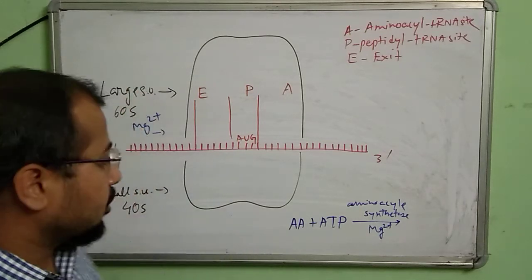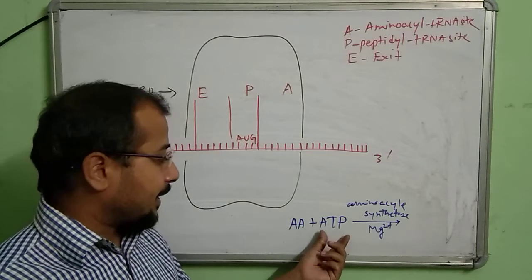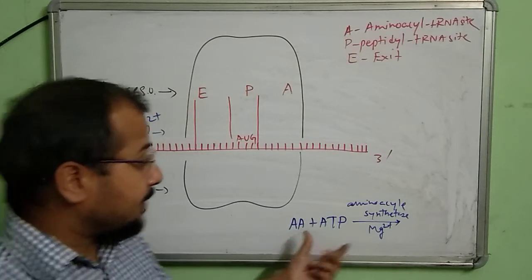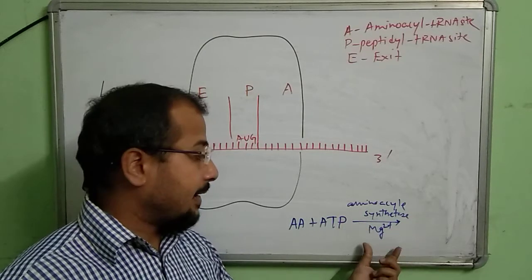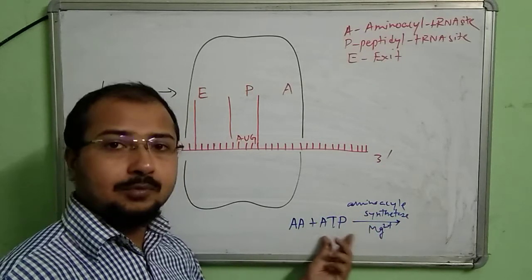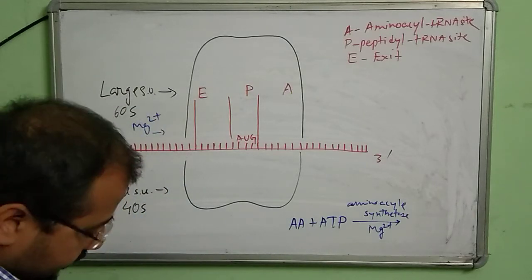Okay, so let's continue here. The ATP is going to bind with the amino acid in the presence of amino acid synthetase and magnesium ion. This enzyme catalyzes the binding of the ATP with the amino acid, which ultimately forms